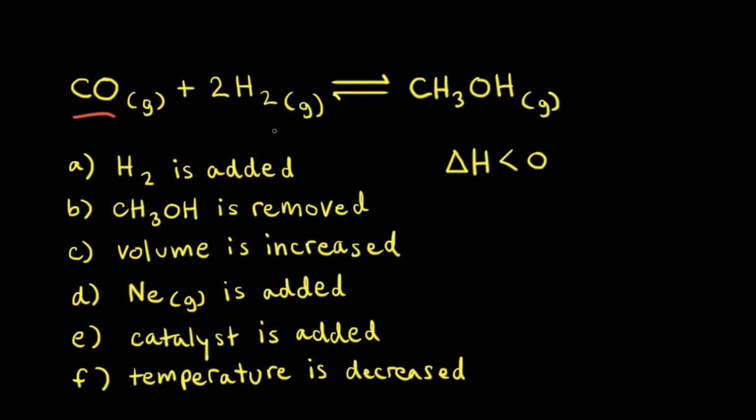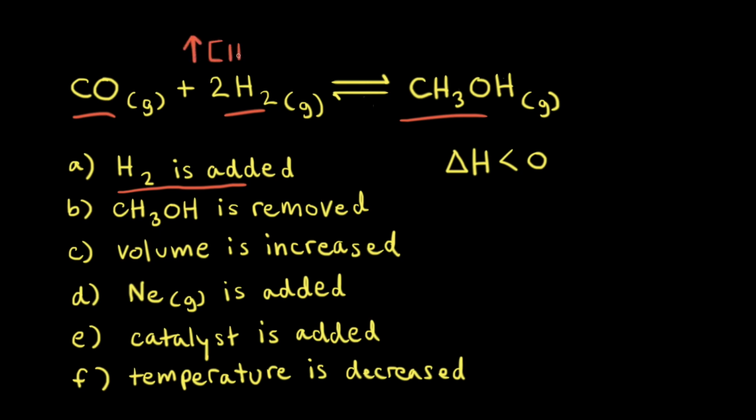Carbon monoxide will react with hydrogen gas to produce methanol. Let's say that the reaction is at equilibrium, and our job is to figure out which direction the equilibrium will shift, to the left, to the right, or not at all, as we try to make changes to the reaction at equilibrium. For example, if we add some hydrogen gas to our reaction at equilibrium, we're increasing the concentration of